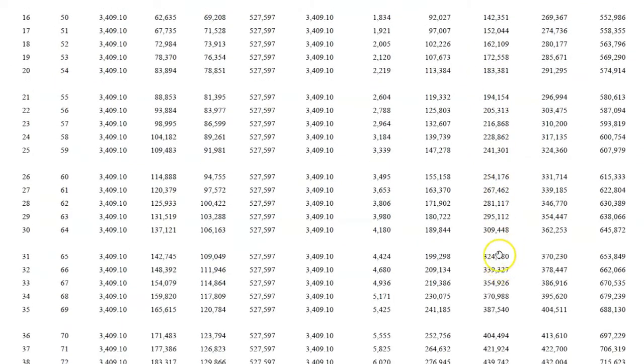So let's go down to year 31, it's that 324 number here. So 324,180 minus 309,448. So that gives me a gain of $14,732. So in retirement, if I pay this $3,409.10,